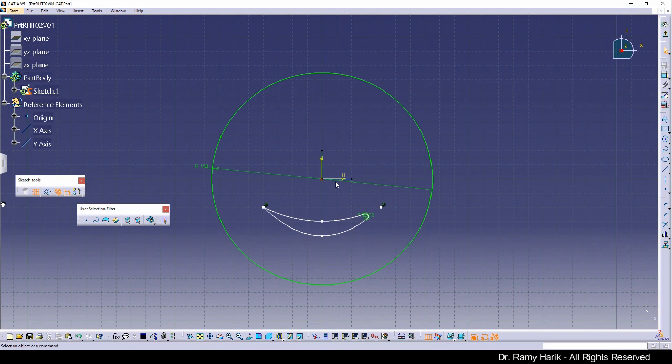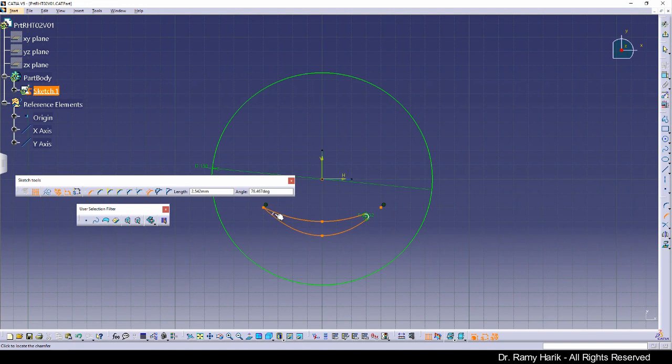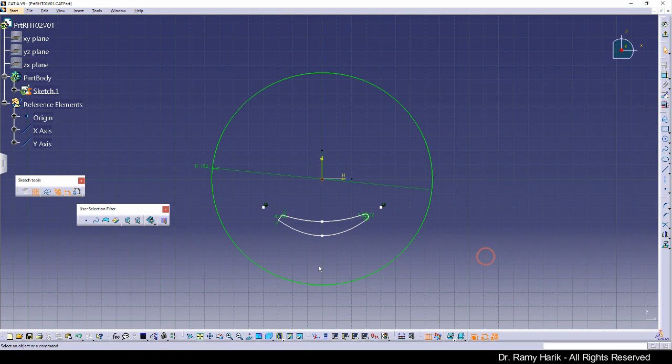So we're going to click on the chamfer icon. This is just to explore the chamfer icon. We're going to click on the chamfer icon, and we're going to do the same with both of them, and then we're going to decide where we want the chamfer to be. So we're going to go ahead and cut the smile from the other side at this location. Okay, now we have what we call a mechanic smile. So let's continue with our face conversation of